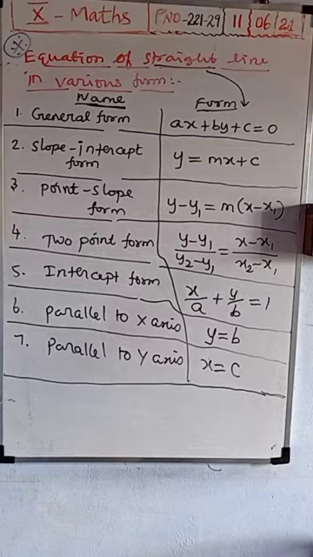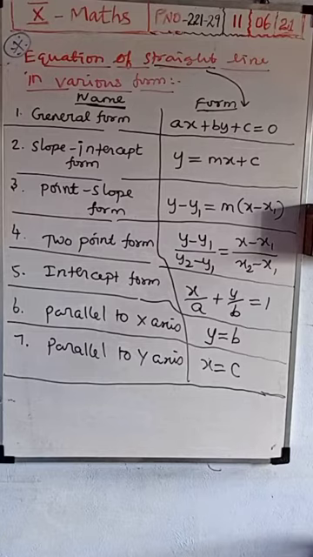Sometimes a 5-mark question will ask for the equations of a straight line in various forms, meaning you have to write the 7 forms. In your book it is given on page number 238. But there the form is given first, then the name. I have changed it and written name and form. First memorize the name, then memorize the form. The general form looks like this, then one slope one intercept given means like that, then point slope form means this is the form. So memorize like that. See, using these forms we are going to solve the exercise problems.